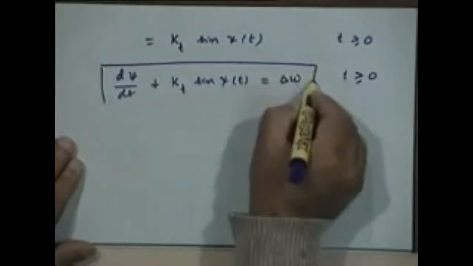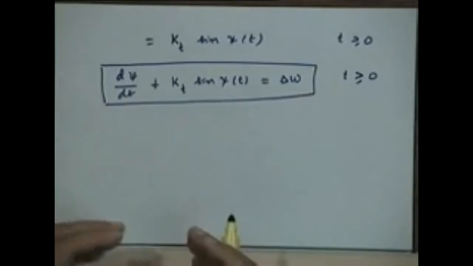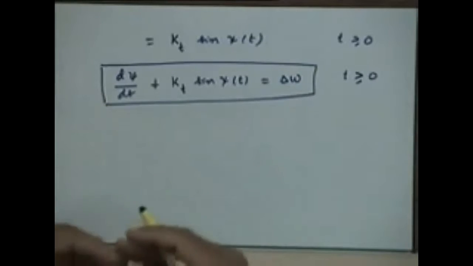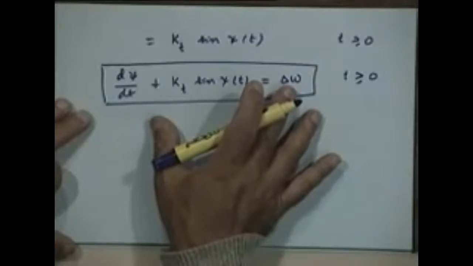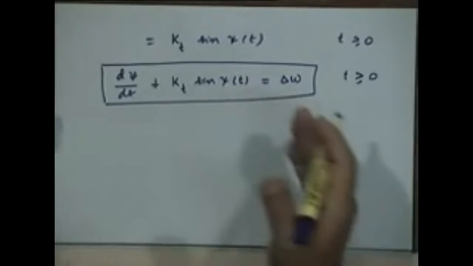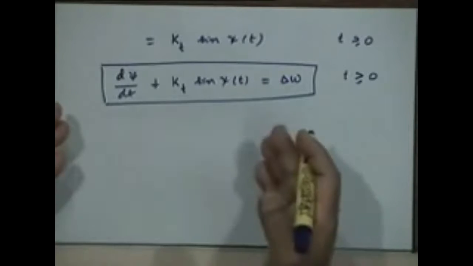So, for the special case when the FM signal is essentially a step change in the frequency at the input to the PLL, the governing equation for the phase error is this differential equation, and we would like to understand under what conditions this differential equation implies a movement towards psi of t becoming 0. How does psi of t become 0? Whether or not it will become 0 should come out by studying this differential equation.